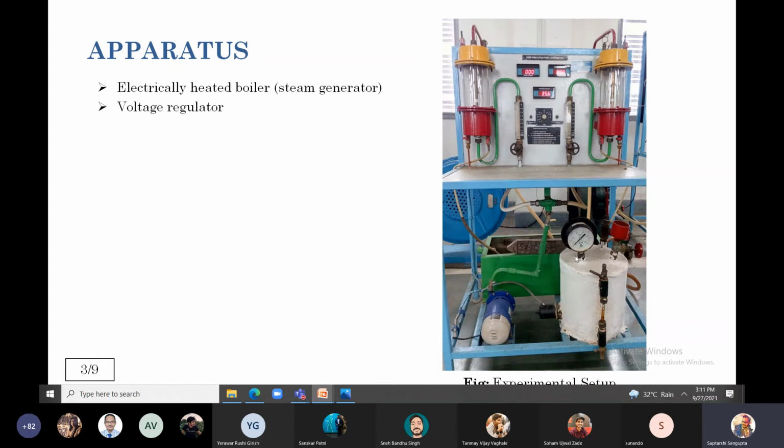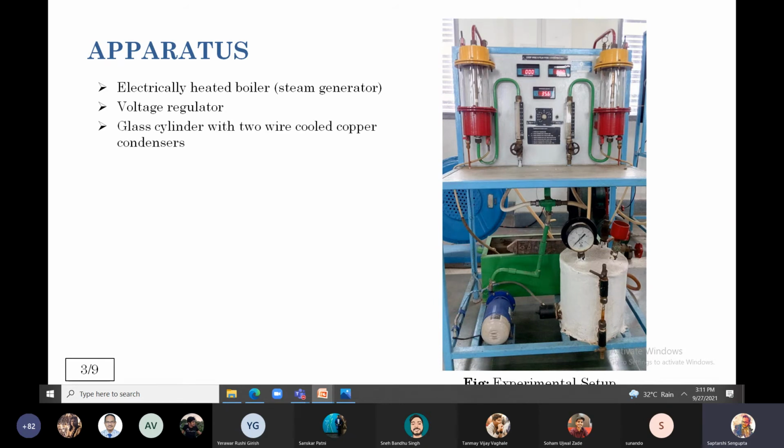And since it is a steam boiler, the steam pressure must be maintained constant so that the steam flow rate remains uniform throughout the experiment. So for that we need to monitor the steam, and we have a steam pressure gauge added to the steam generator. If the pressure decreases, if the amount of steam decreases, we need to increase the voltage to generate more steam, and if it is too high, we need to decrease the voltage, and so on. That is why we need to maintain the steam pressure constant.